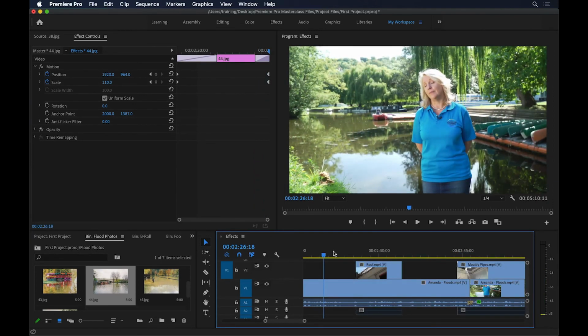And that's how you import and animate photographs. This effect of animating photographs is also called the pan and scan effect, or the Ken Burns effect, named after